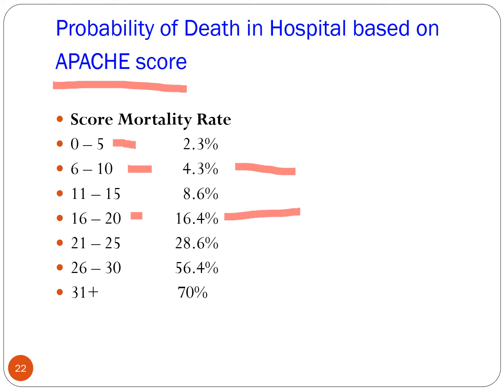So the problem is, as your Apache score gets higher, the likelihood of your mortality increases, but at the same time, the likelihood of you being a difficult wean and extubation, and the likelihood that you might be reintubated, is increasing too. So understanding Apache scores and SAPS2 scores should be part of the equation.